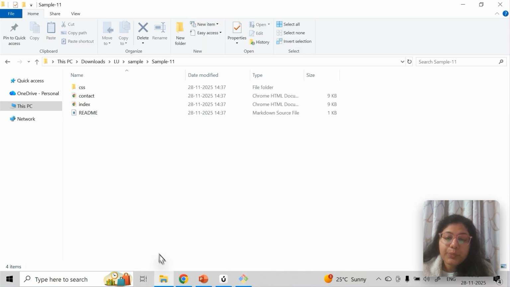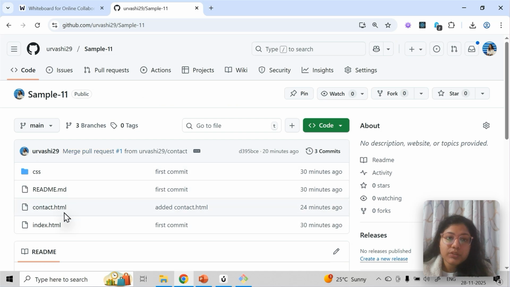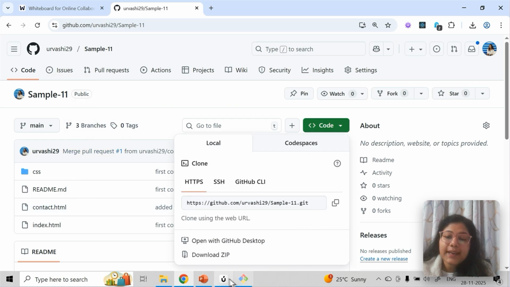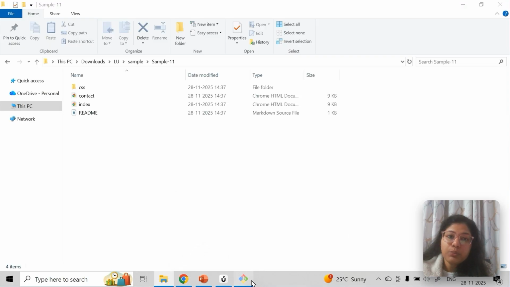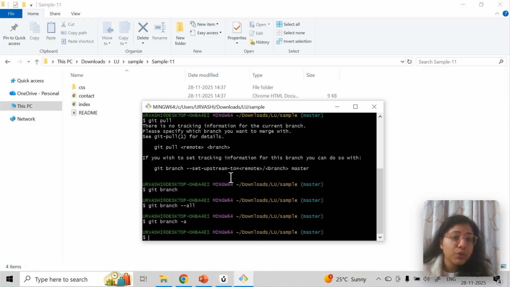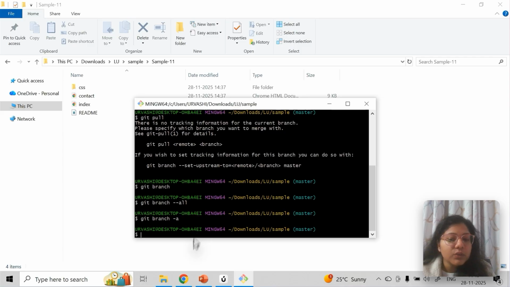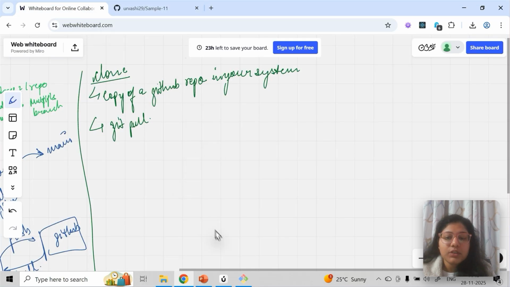But one thing, you cannot contribute to this, because you can go to anyone's profile and go to their GitHub, and you can clone and get the code. And if they push, you can do git pull. You will get the latest code, but you can't push because you need to be a collaborator on that.